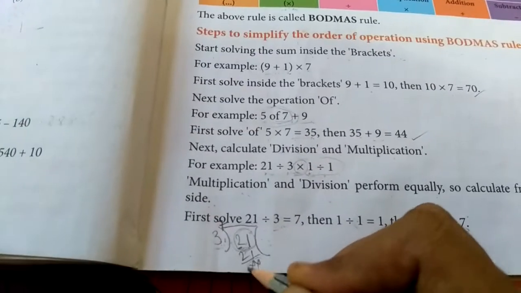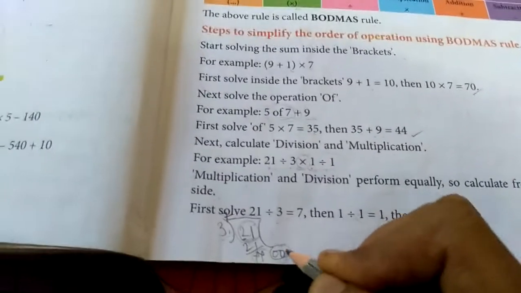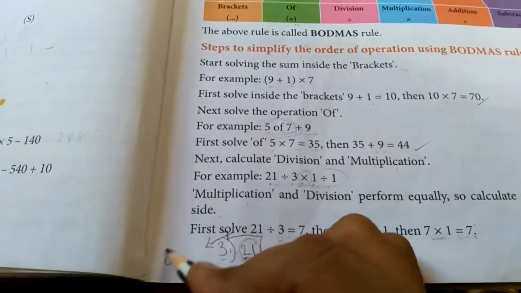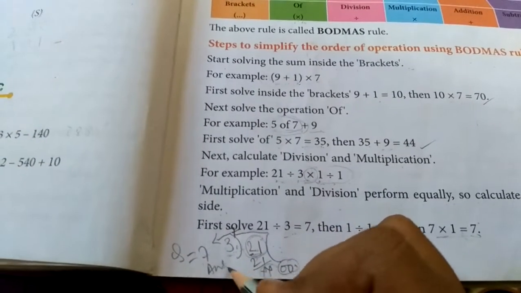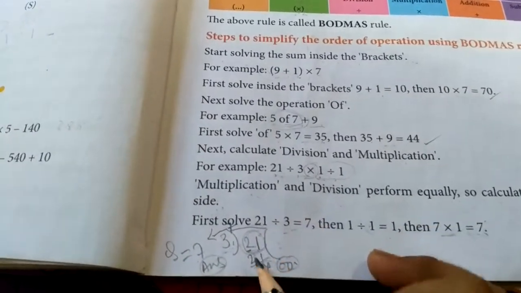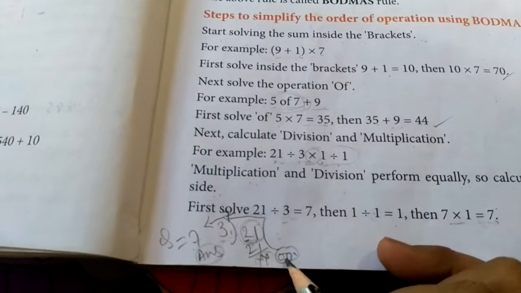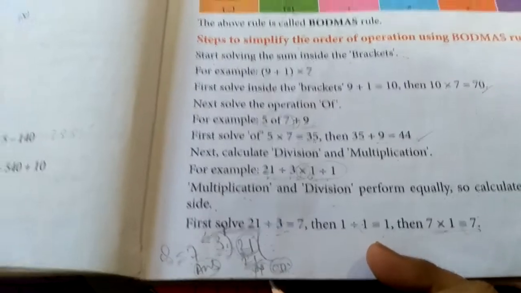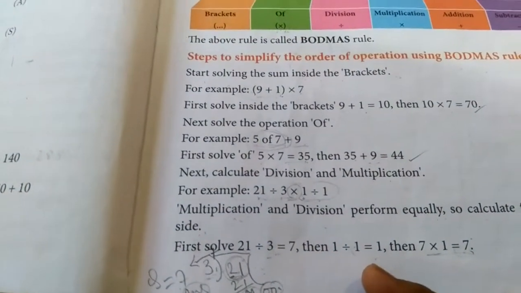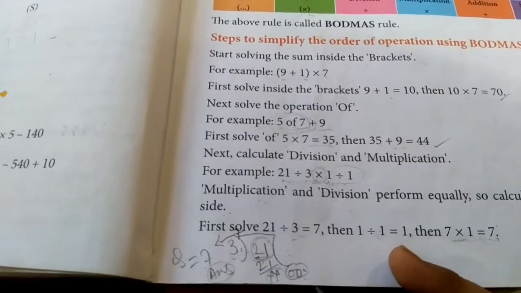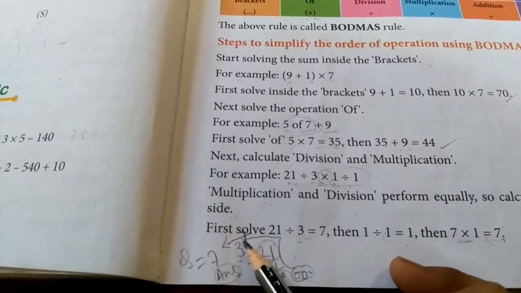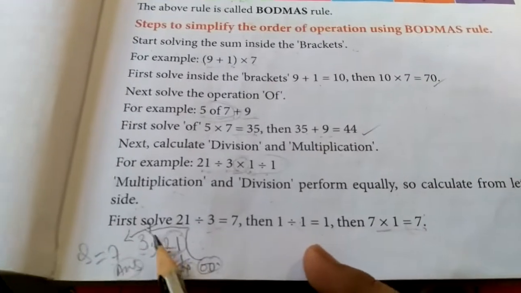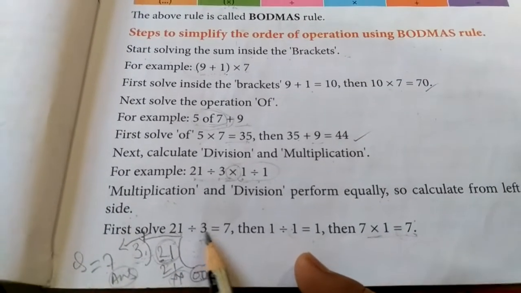Now in this case the remainder is 0. Whatever quotient comes now, that is the answer of this particular division. Understood? And if something was remaining, if there was a remainder, then we have to add that remainder to the quotient and then we can get our answer. But if nothing is remaining, the remainder coming 0, then whatever trial quotient comes, that is the answer of the division. Understood? So first we have to solve according to the BODMAS rule.